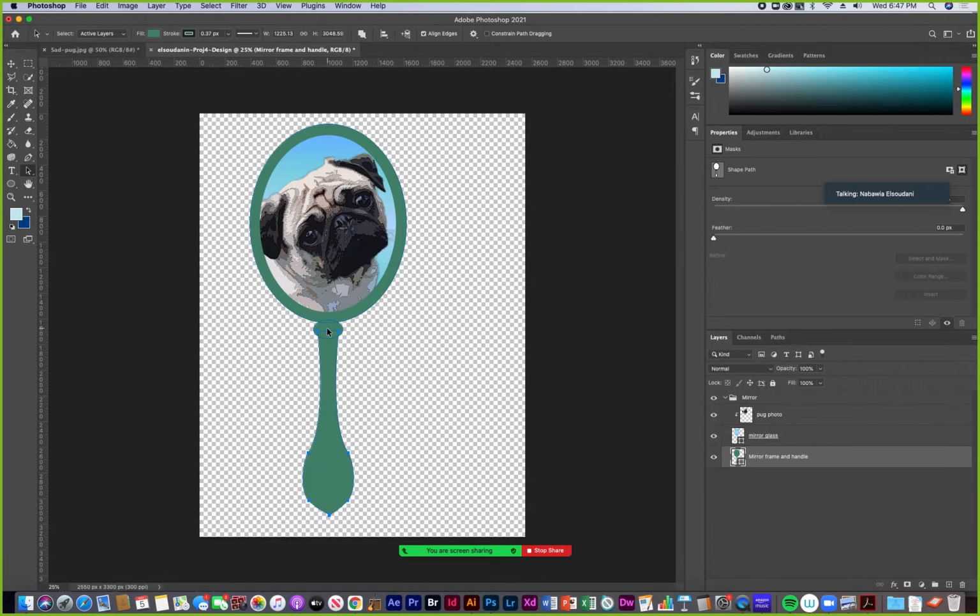But maybe I still want to nudge that part. I want to nudge this little ellipse up a little so I can select it, use my arrow keys. There. Okay. This one looks a little bit fat to me at the bottom, so I'm going to see if I can use my arrow key to nudge that point over. 1, 2, 3. And this one to make it even. 1, 2, 3 with my arrow keys. Maybe this one, 1, 2, 3. And this one, 1, 2, 3. So it's even. Okay. Alright,